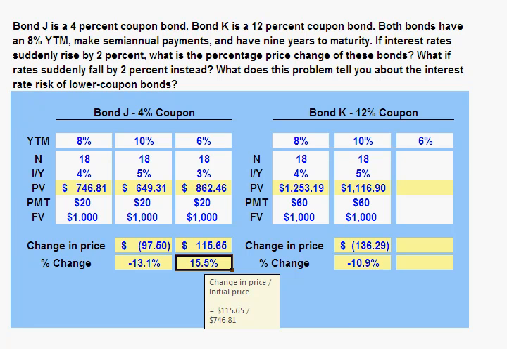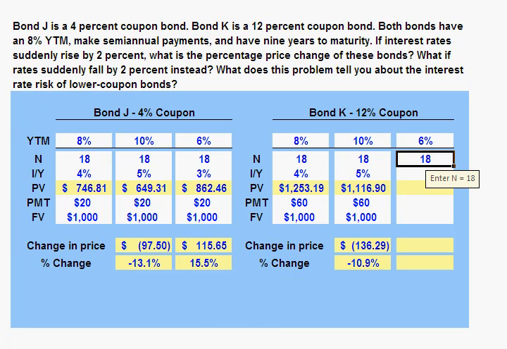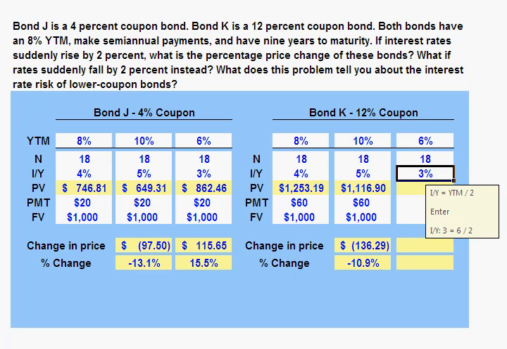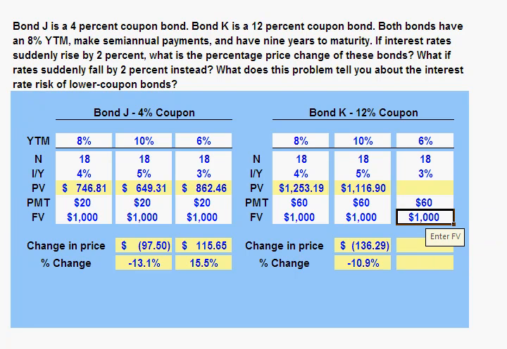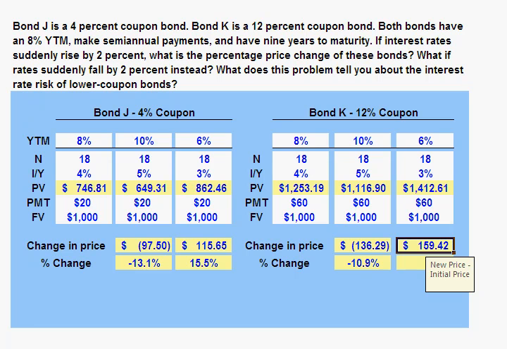For bond K, we will keep 18 for the number of periods. Our interest rate will be 6 divided by 2, or 3. The payment remains constant at 60, as does the face value at $1,000. Bond K will increase in value to $1,412.61. This is an increase of $159.42, or a